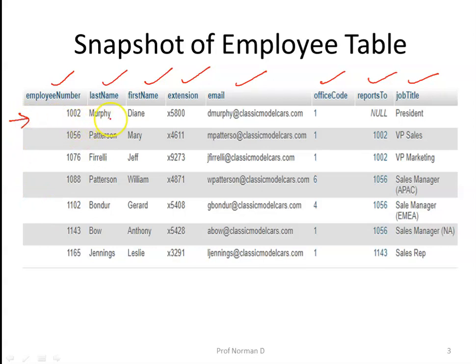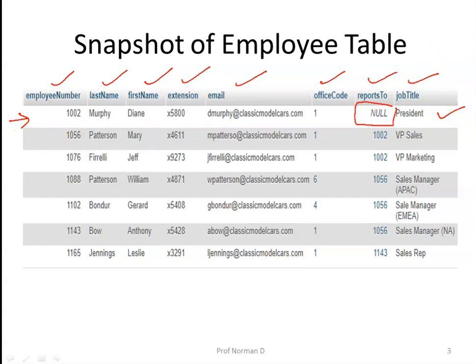This employee, that is Murphy Diane, reports to whom? If you look in the reports to column, the value specified over here is null. That means Murphy Diane does not report to anybody else, and the job title of Murphy Diane is the president of this company.